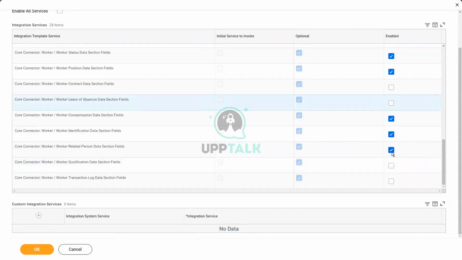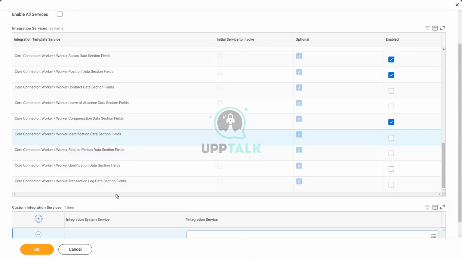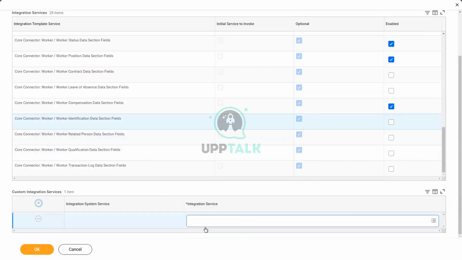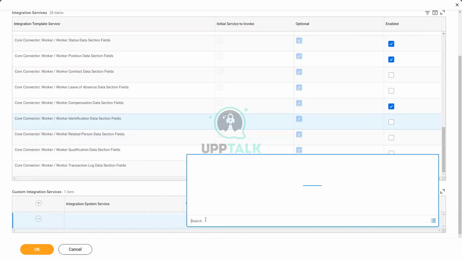And what else? Related person data. We did not use identification data, so we can uncheck that. We no longer need it, but we want a custom integration service. We want the custom integration service now. So let's click on the plus row here, and in the integration service,